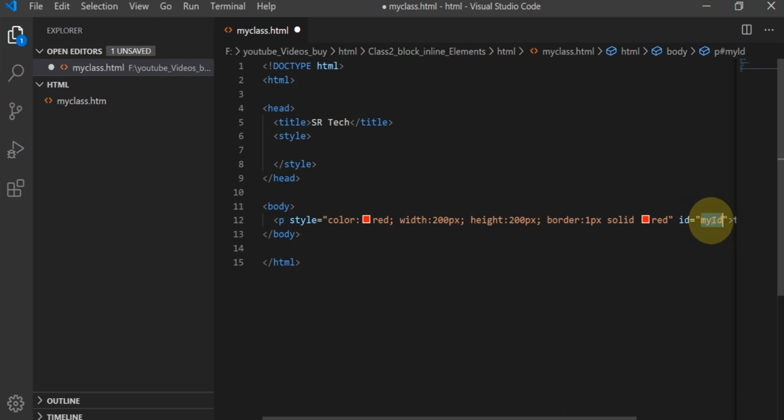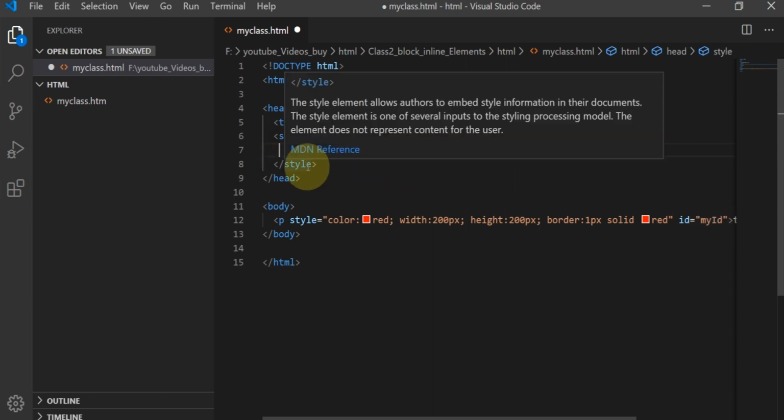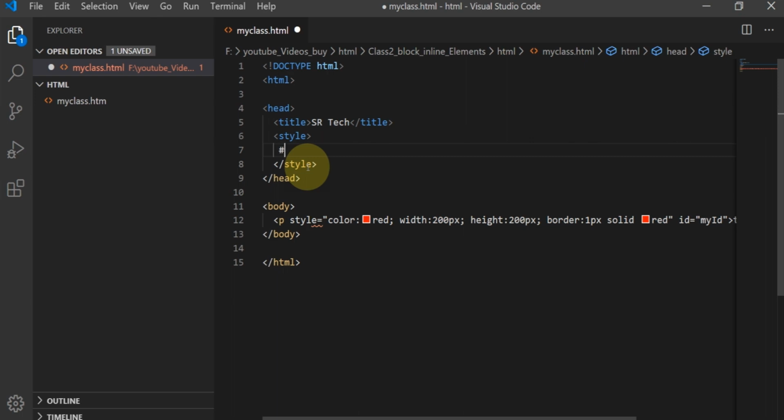We cannot give any number or special character at the start, so we should start with a character first. This my id I'm going to select in the internal styles. How? Already I told you, the ID selector is defined with a hash, right? So hash, and after that your selector name.